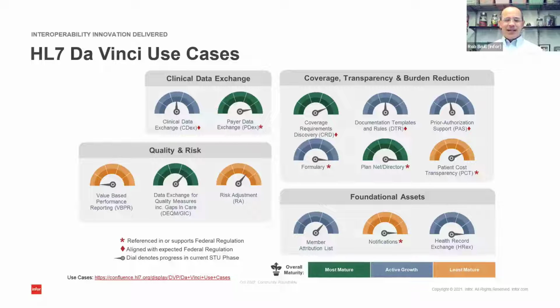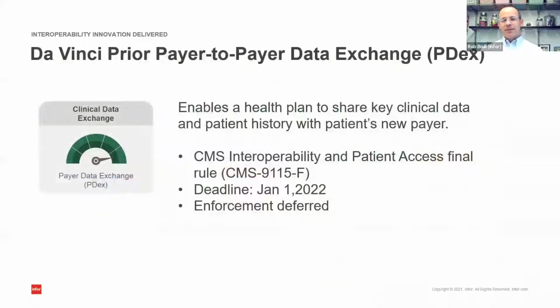All right, so let's go to the next slide and look at our first workflow. So our first workflow is going to be the payer-to-payer data exchange. So this enables one payer to share data with another payer based on movement of a patient from one payer to another. So suppose you change jobs, you get a new health insurance plan, and you want data from your old payer to be sent to your new payer. You can request that today, and the old payer should send the data that it has to the new payer to be incorporated in your records at the new payer.